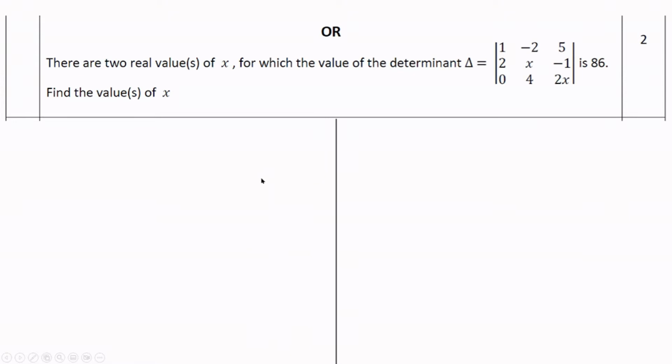They are part of the same question. There are two real values of x for which the value of determinant delta equal to this determinant is 86. Find the values of x. So here we need to find the value or values of x for which the value of this determinant is 86. So given delta equal to 1 minus 2, 5, 2x minus 1, 0, 4, 2x